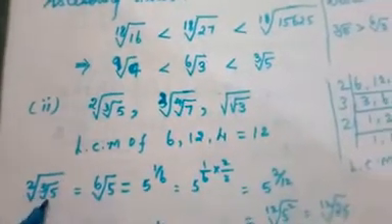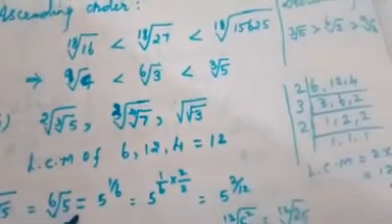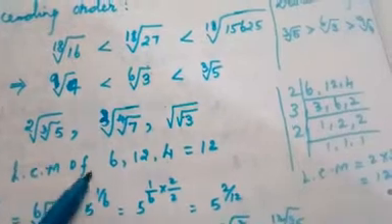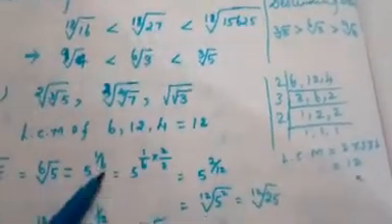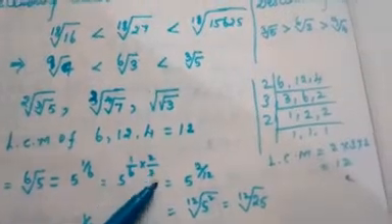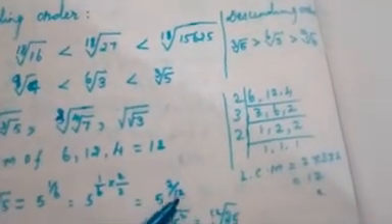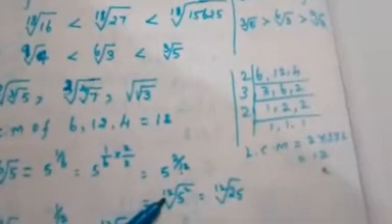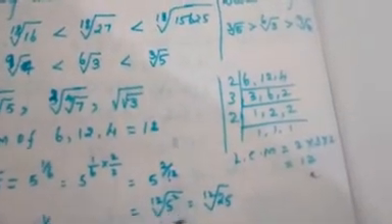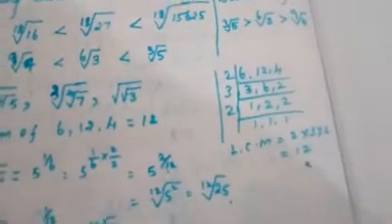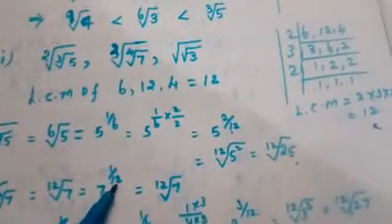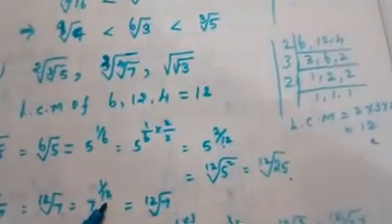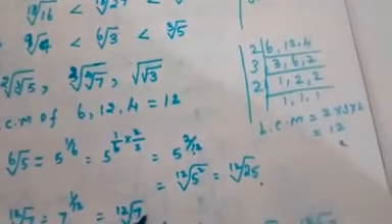So square root of cube root of 5 is written as 6th root of 5. This is again written as 5 power 1 by 6. So the denominator we make as 12, multiplying both numerator and denominator by 2. So 5 power 2 by 12. This denominator moves to the order. So 12th root of 5 square. 5 square value is 25. 12th root of 25. Next, cube root of 4th root of 7. The order is 12 the same way, so you need not make any changes because the LCM is 12. Just write 12th root of 7.